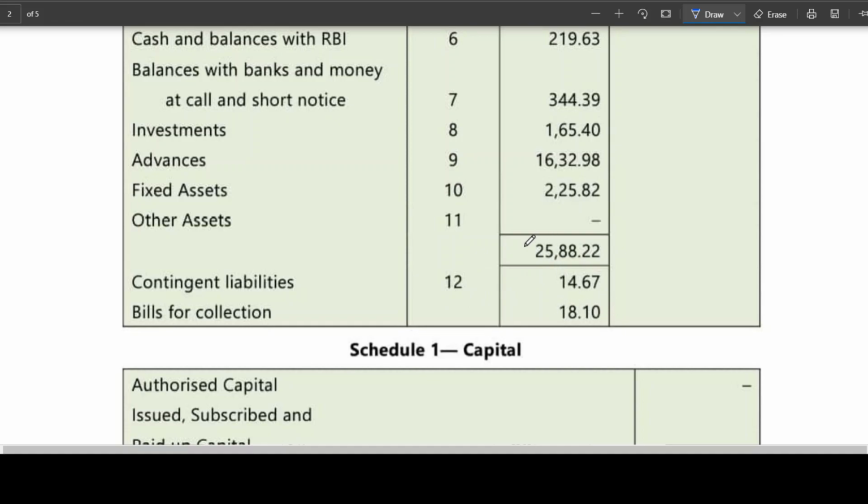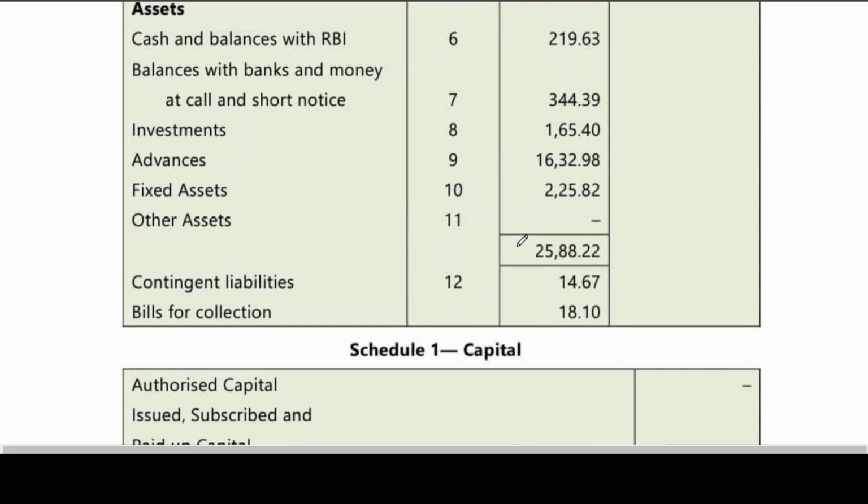Okay, my dear friends. This particular problem is where they are asking you to provide the cash reserve. That cash reserve you can calculate at 4% on deposits. Then that 4% is to be deducted from the balance with other banks and added to the RBI balance. Other bank means its current account. One bank cannot open an account with another bank as a savings account; it is only a current account. From the current account with other banks, you should deduct 4% cash reserve ratio calculated on deposits, and it is to be added to RBI.